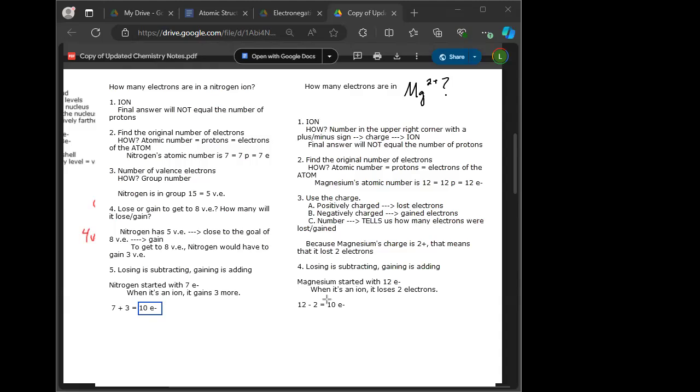I also want you to notice that for both nitrogen and magnesium, when they became ions, they both ended with 10 electrons. When 2 atoms have the same number of electrons when they're ions, we call this isoelectronic. When 2 ions have the same number of electrons,